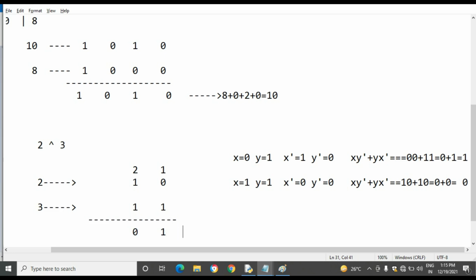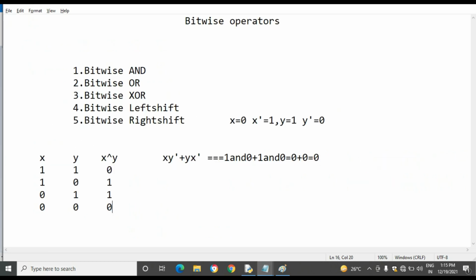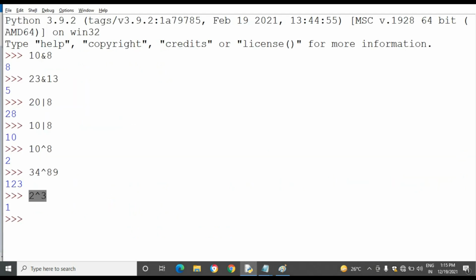So the result is 0 plus 1 equal to 1. The output is 1. That means the second position is true. 2 into 0 equal to 0. So we got the result as 1.